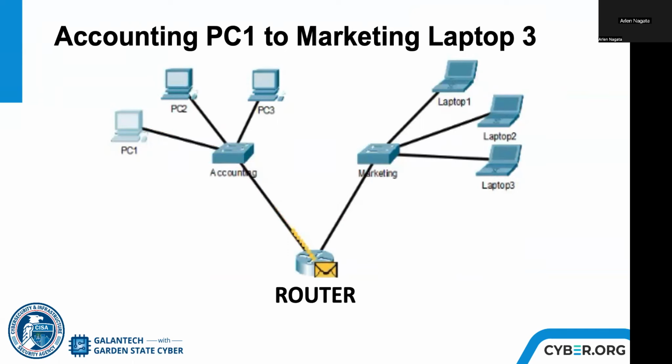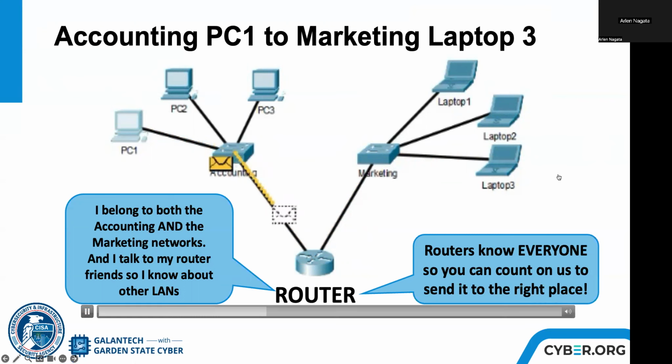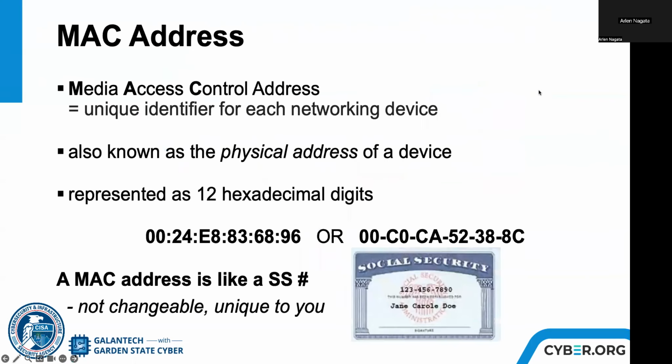Message goes to the switch, hits the router, and the router sends it off to another location. Maybe it's across town, maybe it's around the world. Okay, so the router can talk to both sides of this particular network. All right, so digging in just a little bit more,